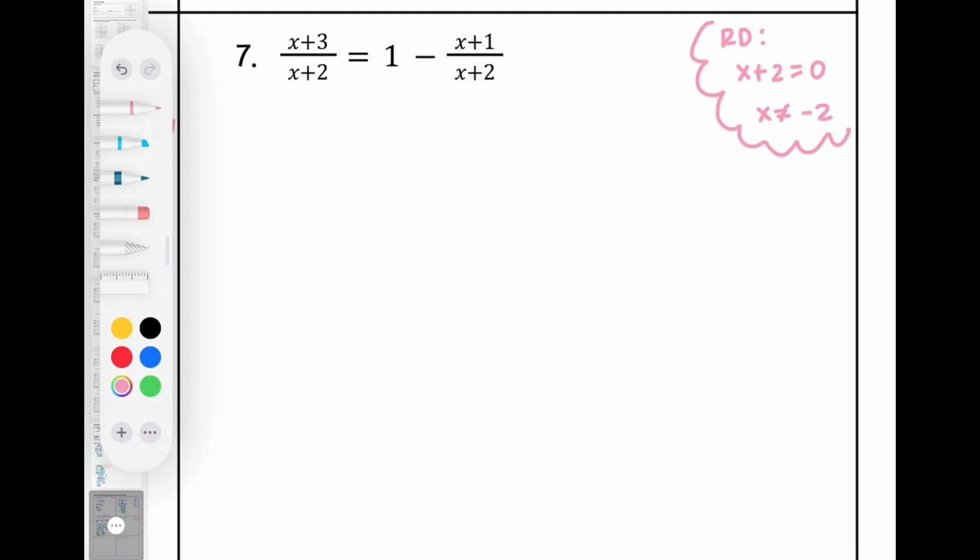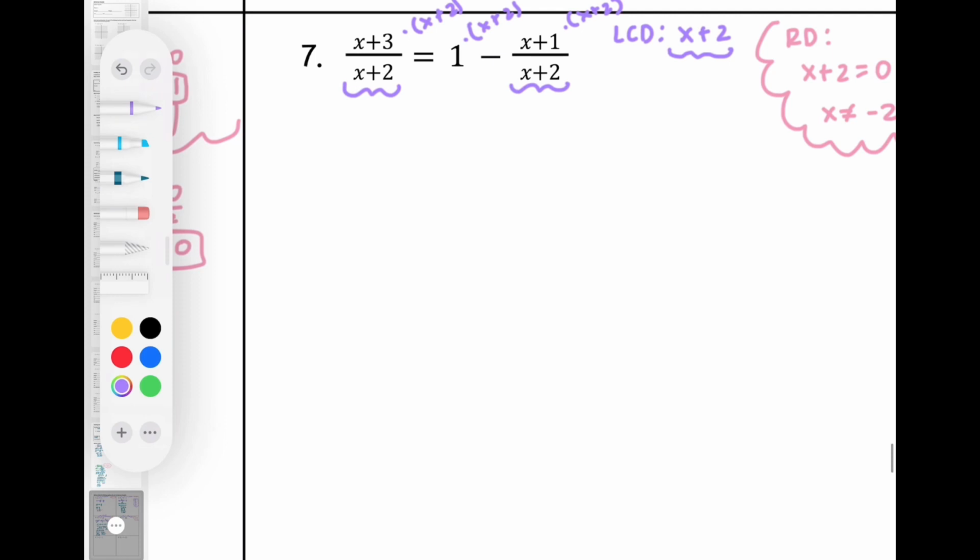All right, so our least common denominator for this one is pretty easy to find because we only have two denominators and they're already the same. So our least common denominator is just going to be that denominator we already have. So we have times x plus 2 times x plus 2 times x plus 2. And make sure that whenever you're multiplying by something that is more than one term added together, that you put it in parentheses. So for this first fraction, we're going to have x plus 3 times x plus 2 over x plus 2